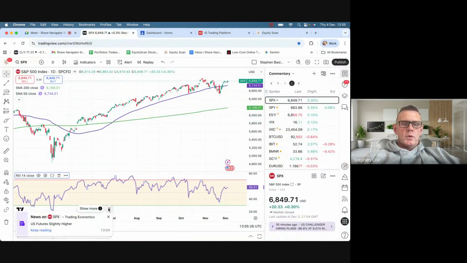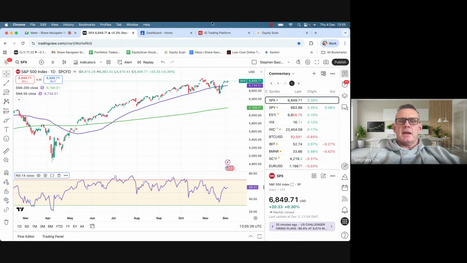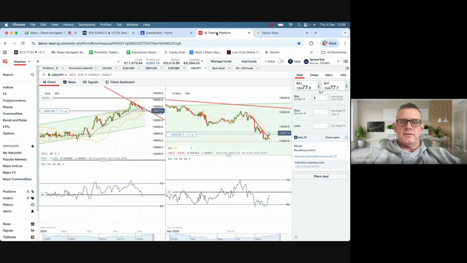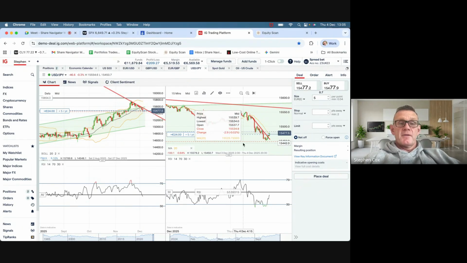Okay, so what I'm going to do is just jump to another example of the day trading that I'm talking about, the rules that you adhere to. I've got a trade on at the moment. I literally put it on just before we came on. And again, I just want to go through the rules with you and why it's very important to follow the